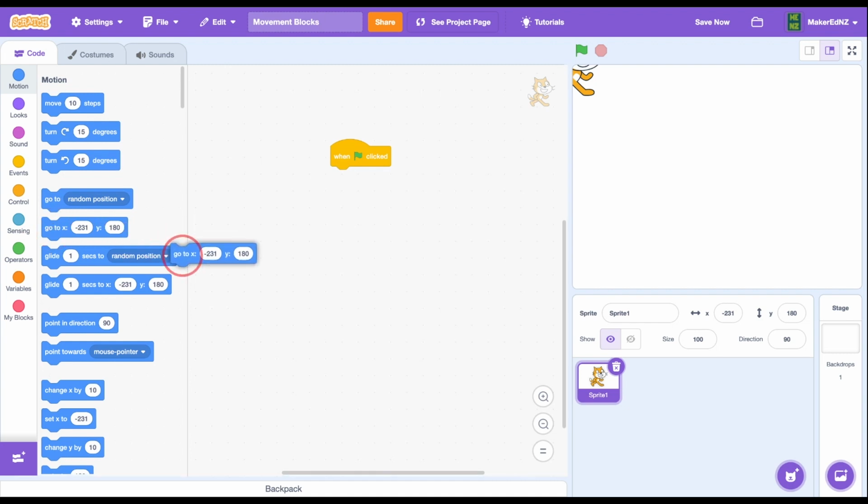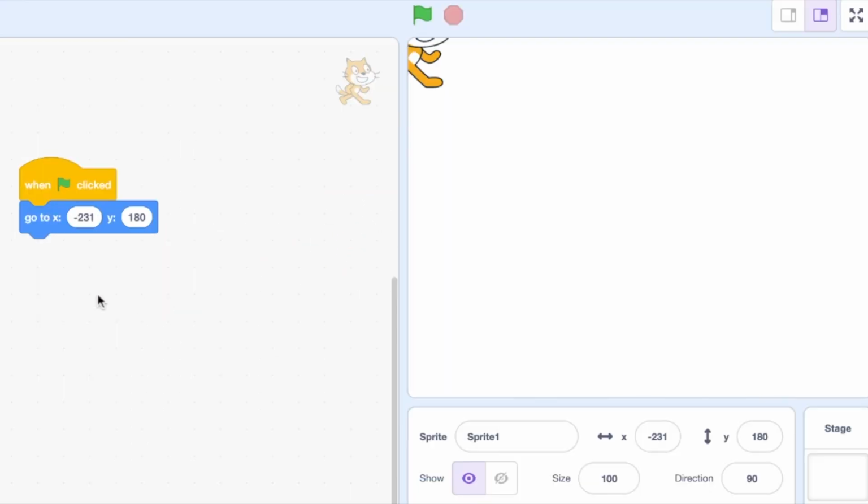The next block now is the go to a position. So again, remember we said that the size of the area is 200. It goes to negative 240 to positive 240 and negative 180 to 180. So if I actually make that 240, it should go to the corner. Now, if I reverse those, make the X positive and the Y negative, it will go down to the bottom